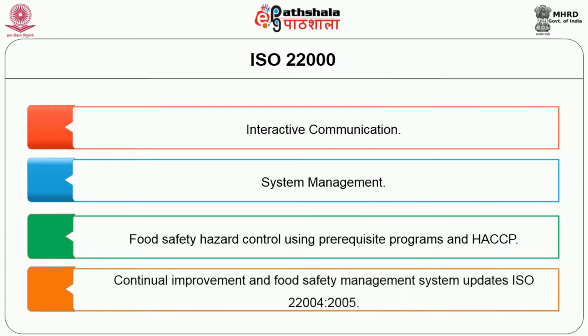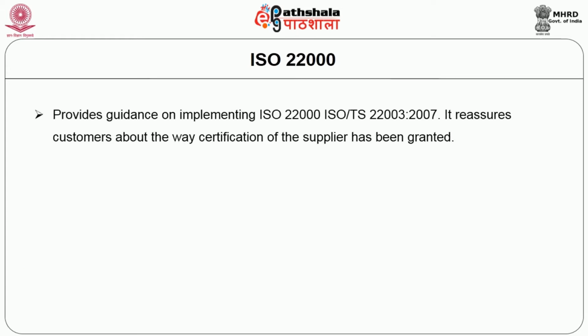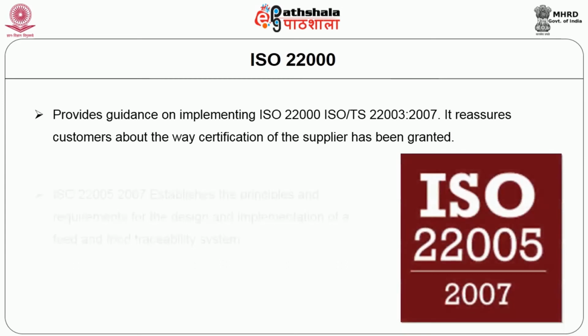Continual improvement and food safety management system updates. ISO 22004-2005 provides guidance on implementing ISO 22000. ISO TS 22003-2007 reassures customers about the way certification of the supplier has been granted. ISO